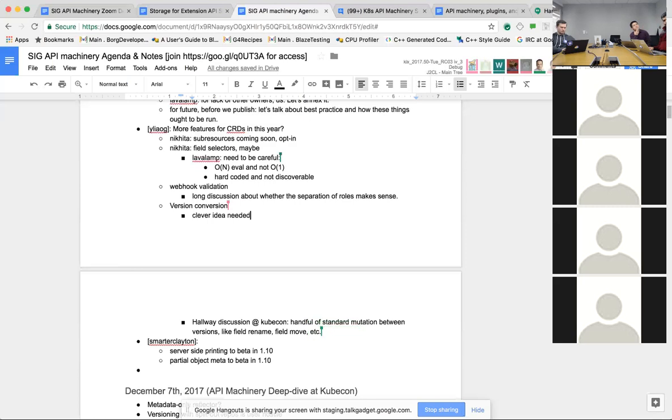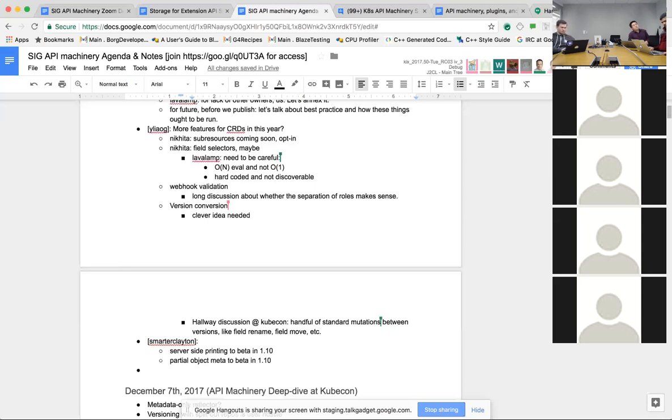Yeah, maybe we need to think about how much we protect people from themselves with CRDs. Clearly, if you have a webhook that does defaulting, not that I think that's a good idea, and then you go and change that webhook, you've probably broken yourself. We need to think about how bulletproof our tools need to be before we release them.